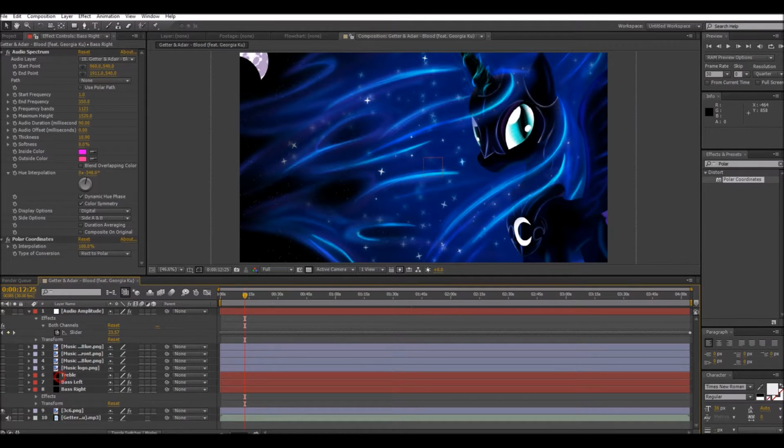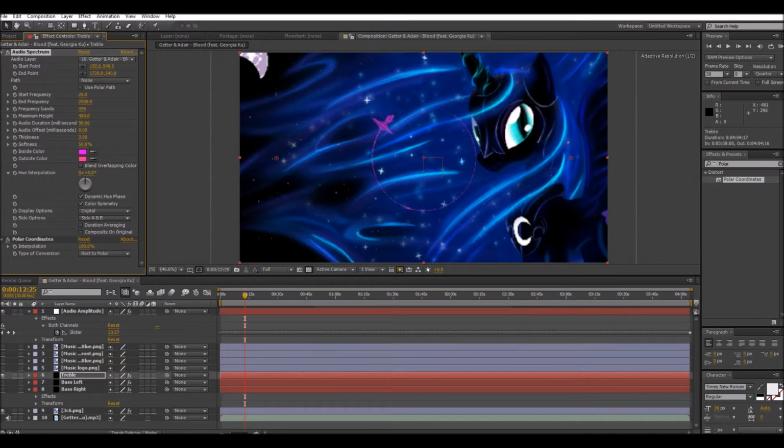So yeah, let's do treble real quick. Turn on visibility for that. Polar coordinates are already there. Rect to polar, interpolation up. So we want this one to be different. We want it to be just treble. So let's turn that to the audio layer. Turn up the frequency bands. Then real quick, let's just turn up the hue interpolation really high. And then turn down the soft. Well, actually for this we might want to leave the softness as it is